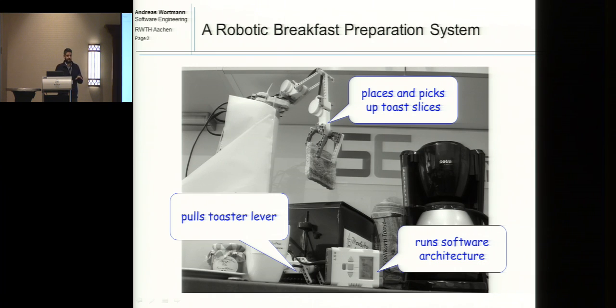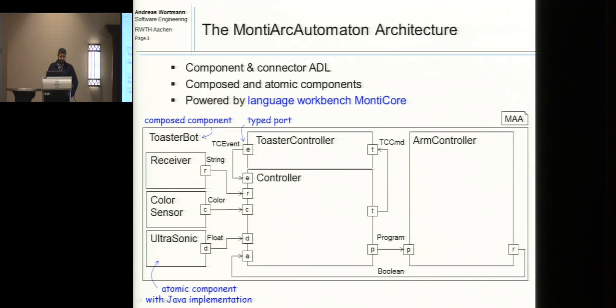Consider you have a robotic system that does your breakfast for you. To do so, you have a software architecture running that controls two manipulators. One controls your toaster's lever, the other one controls the robotic arm to pick up and place toast. And your software architecture employs composed and atomic components, and on your left you see three sensors that have